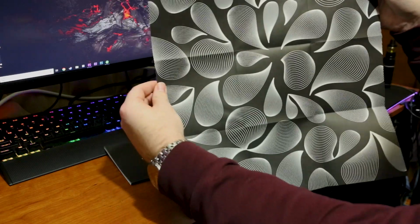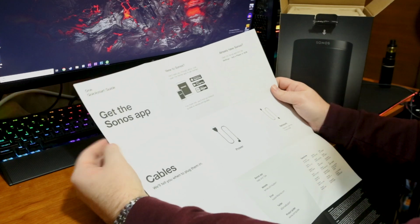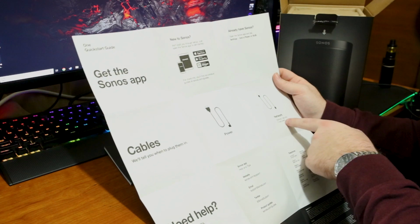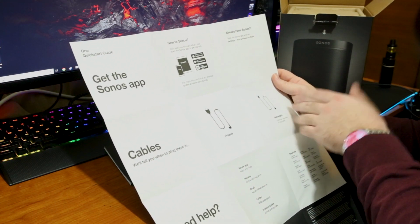That's kind of pretty. Just a little bit of artwork on the back of the pamphlet here, just giving you a quick walk around. Basically just download the app. These are the cables it comes with. This one, I don't think it's going to come with that. We'll see in a second. I doubt it would come with an Ethernet cord, but it's optional if you're going to hardwire it into your house